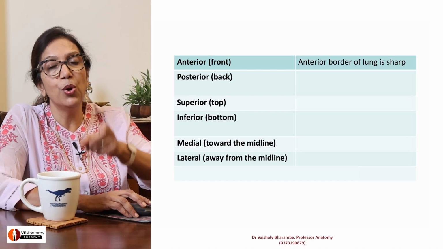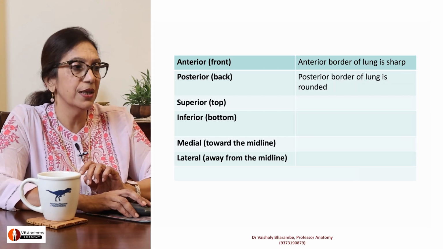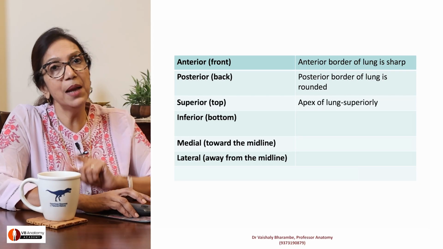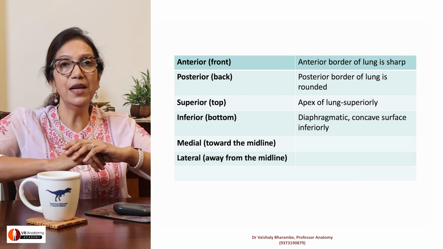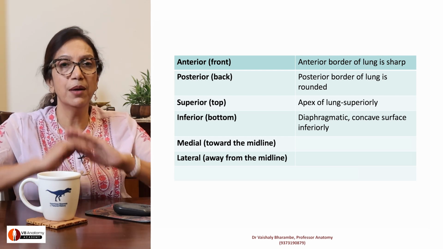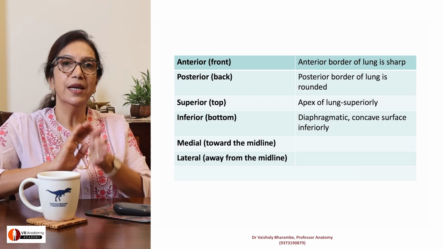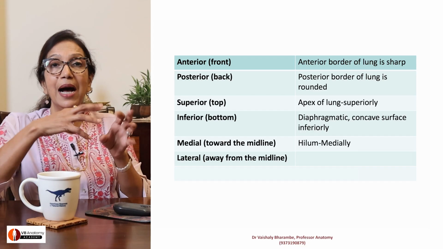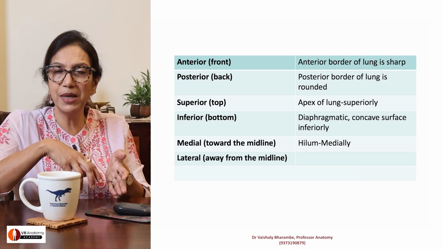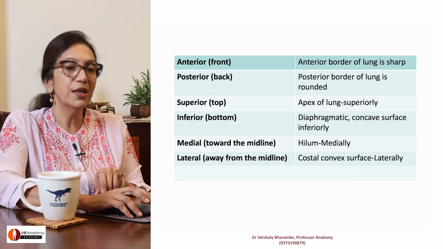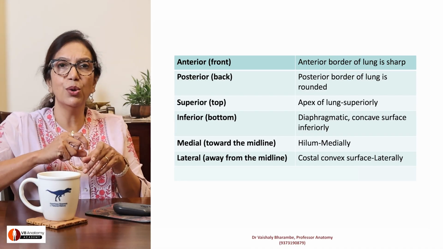Border, sharp border anteriorly. Posterior, rounded border posteriorly. Superior, apex. Inferior, deep concavity of the diaphragmatic surface should come inferior. What will you put medial and what will you put lateral? Medially, you will have all the hilum and the structures related to it. Where you see hilum has to be medial, right? And what is lateral? The convex costal surface with the markings for the ribs and so on is going to